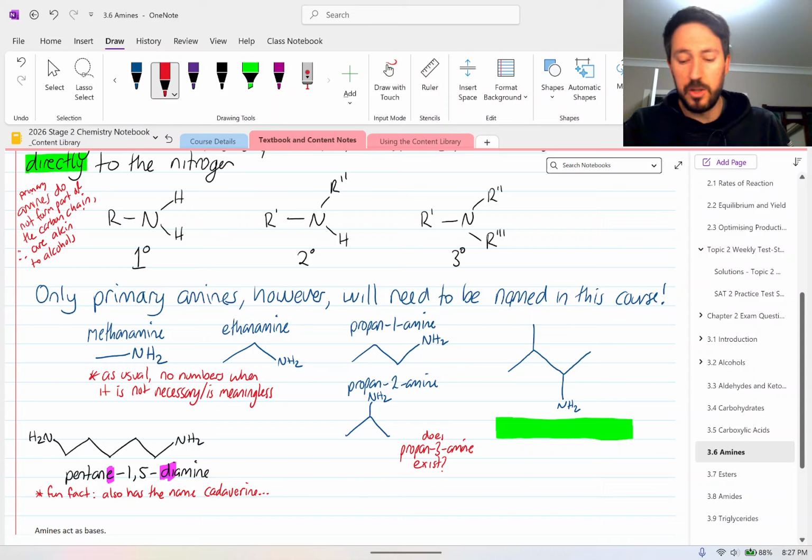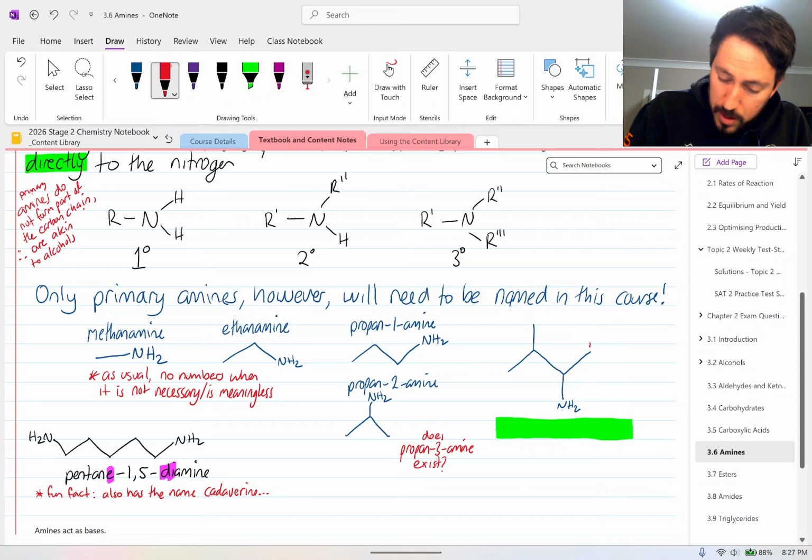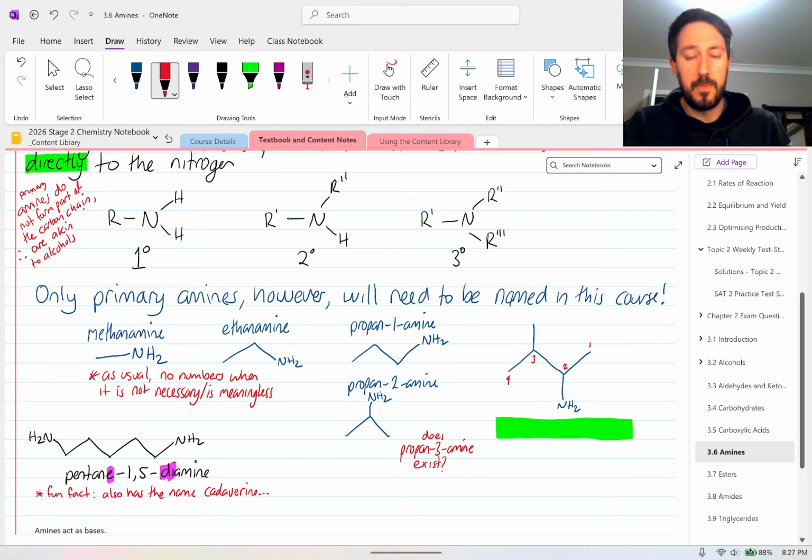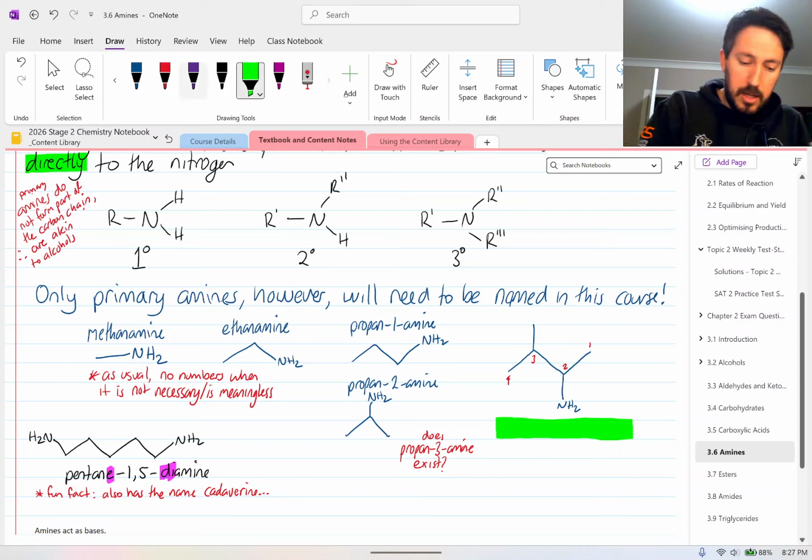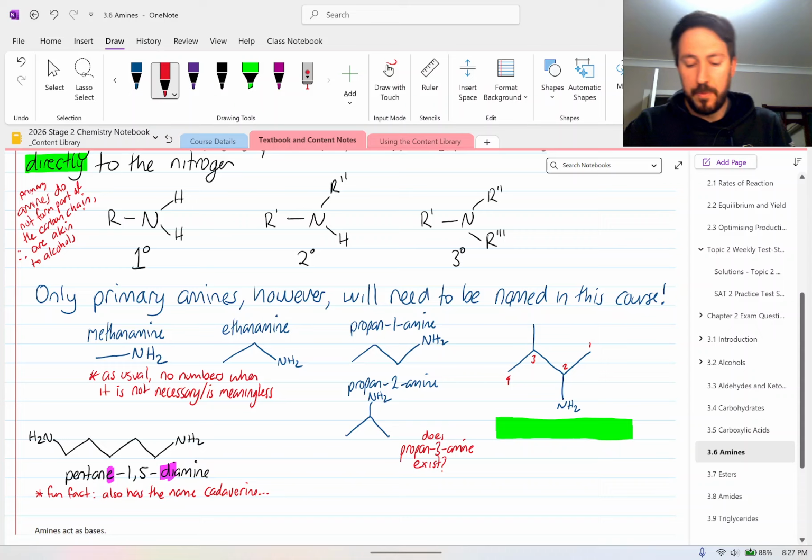So we have a carbon chain that's not just a straight chain. We are going to number these carbons from the side that gives us the lowest number for the position of the amine. I'm going to try and do it a little bit more advanced now. Instead of just starting from the right-hand side, as in the end of the molecule, I'm going to start from the beginning. We know that our carbon number 3 has a methyl group, so we'll name 3-methyl. And then it has 4 carbons, so meth, eth, prop, but. So then we know it's 3-methyl